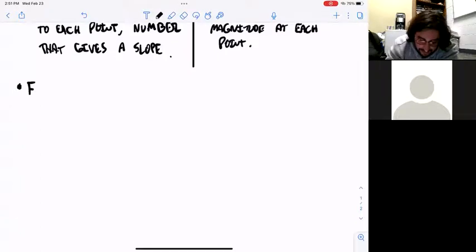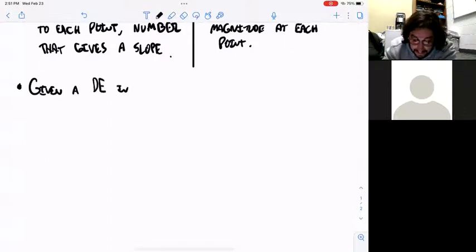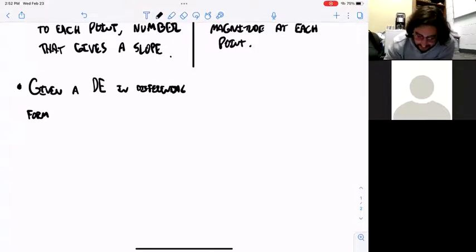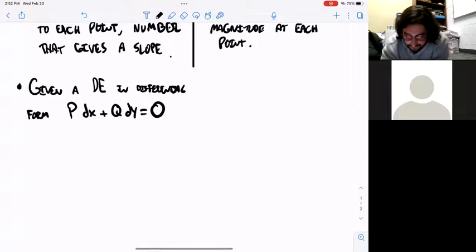when you solve, or here, let's back up before we even solve. Given a differential equation, and I'm going to say this is a differential equation given in differential form, and we'll talk very soon about why I'm switching between differential form and normal form. So given a differential equation in differential form, which we write as p dx plus q dy equals 0,